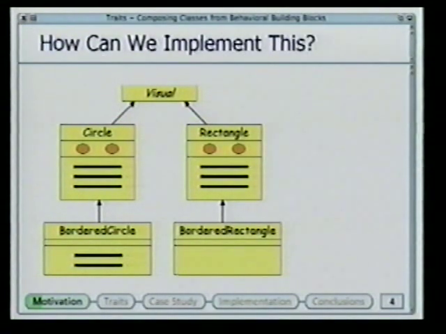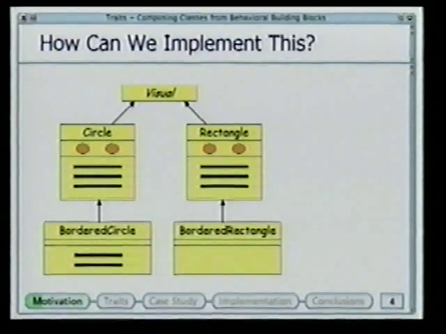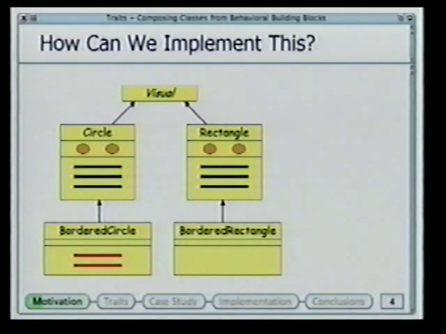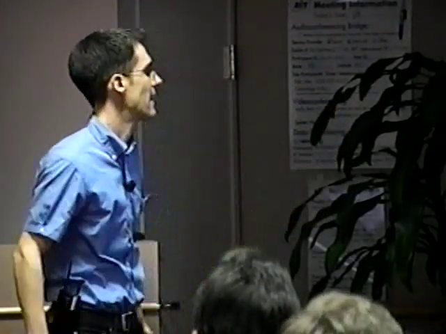Similarly, we would have bordered rectangle as a subclass of rectangle to make sure that we can use the rectangle facility. But now we already run into the first problem, because what we would really like to do is to actually also now reuse the border code in bordered circle also for bordered rectangle. But with single inheritance, this is not really so easy, because with single inheritance code reuse means, yes? Right, yeah, I mean, I could address that, but I'll just go a little further. You will see probably more realistic examples. So anyway,